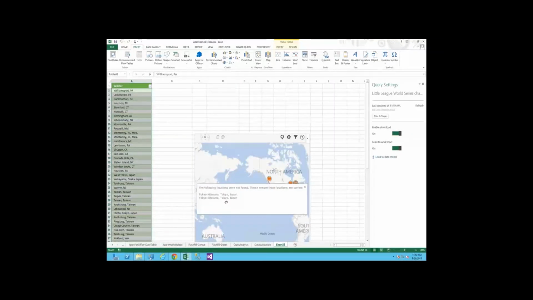And it's going to give me a little warning. It's going to say it can't quite map a few of these Tokyo locations. We're just going to close that out. But you can see that you've got a quick way to easily map any data points that you bring in